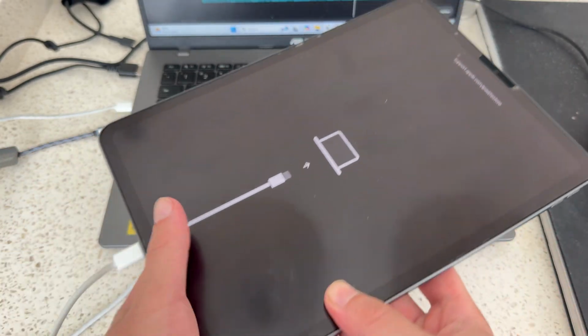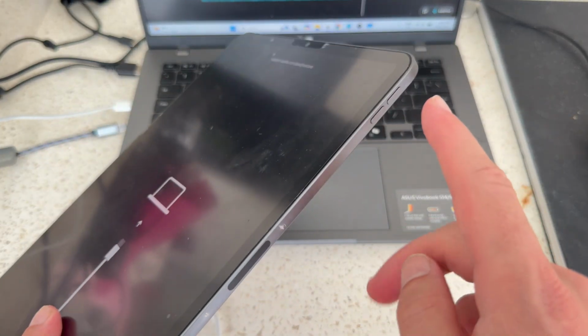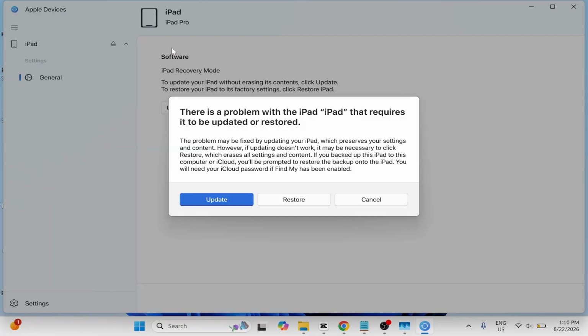So the recovery page should look like this. If it doesn't work the first time round, you can just repeat these steps until you see this recovery page. Now, as long as you have Apple Devices open, you should now see this pop up that says there's a problem with the iPad. So to go and remove and change the password, you can just press the Restore button,